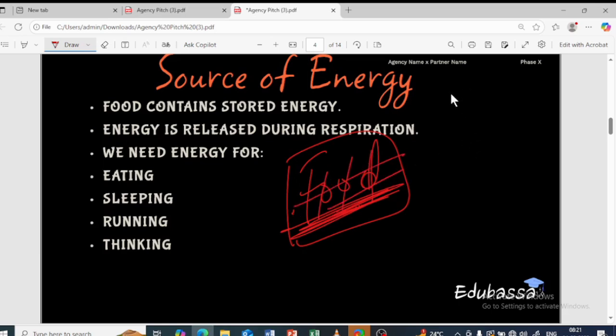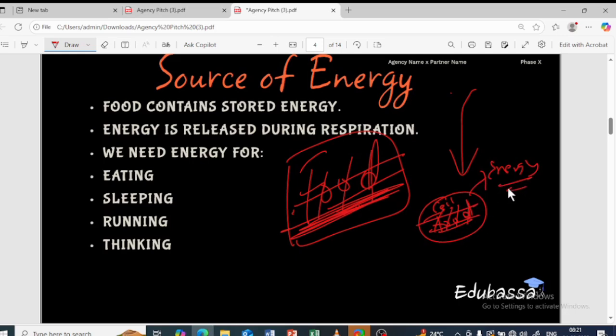By the process of digestion, the food gets digested by the end of the small intestine, and the digested food through the villi reaches the different cells. You have already learned that, isn't it? Now after reaching the cells, just imagine this is a cell, the digested food needs to be broken down. Why? In order for the production of energy. After breaking down, the energy is produced. So this energy is important. What that process is, you're going to learn further.